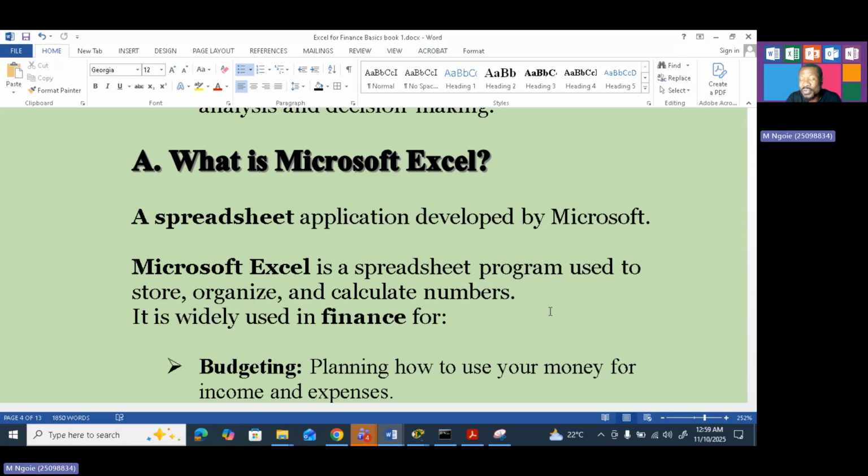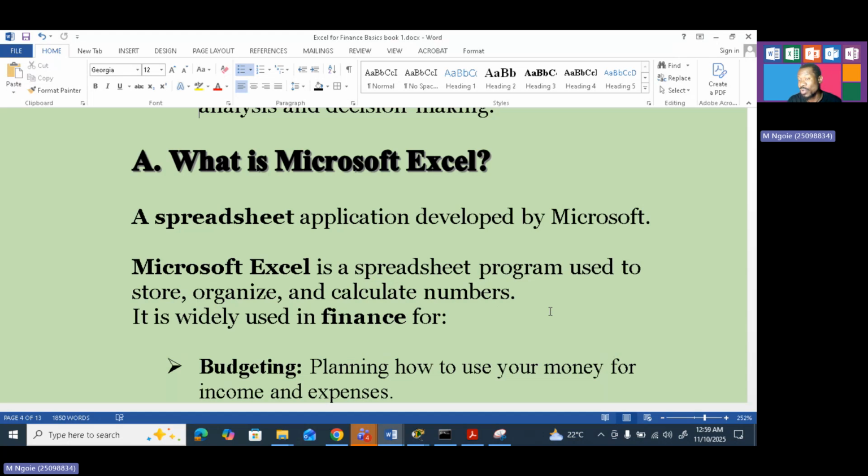It's a spreadsheet used for, number one, storing, number two, organizing, number three, calculating numbers. Microsoft Excel, developed by Microsoft, which is a company, is a software or spreadsheet program that allows us to store, to organize, and to calculate